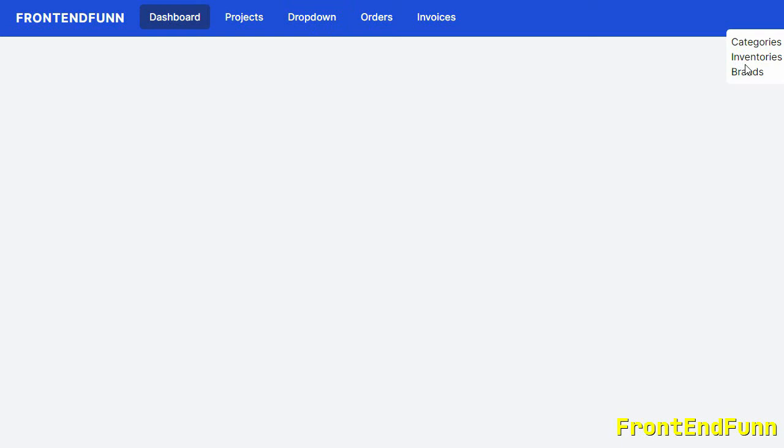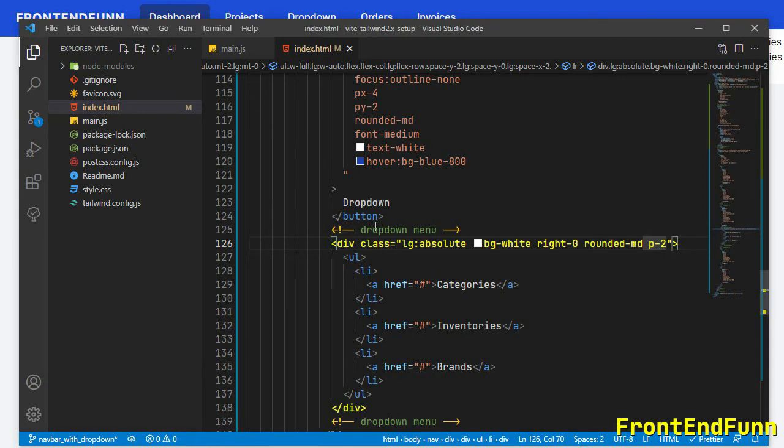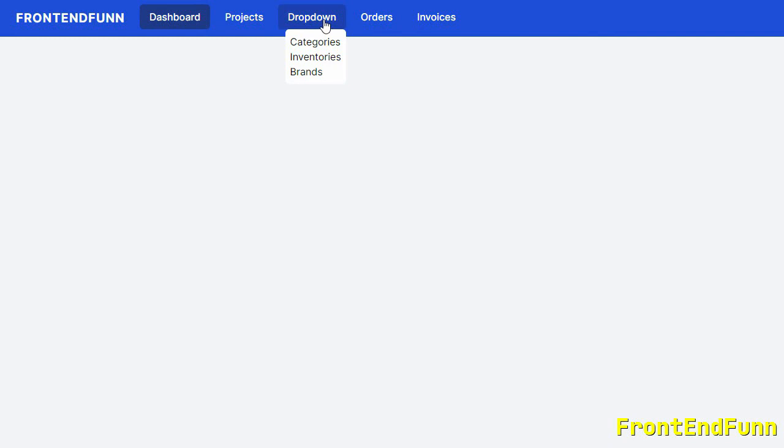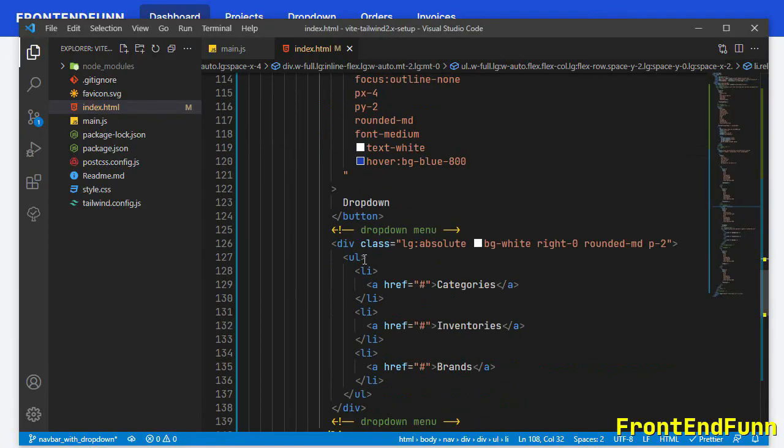Okay, as you can see the links are on completely right, so we can avoid that using a relative class on the parent. Fine. Let's add some space between the links. So I'll target the UL element here and add these classes, space-y-2,